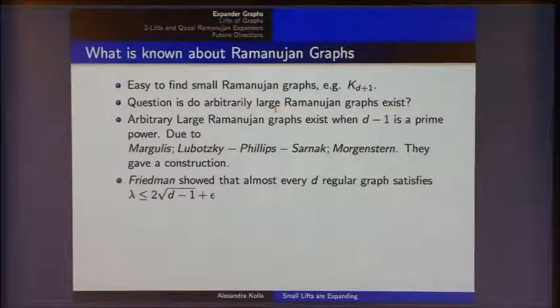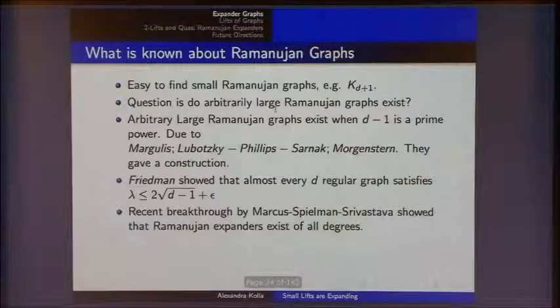Okay. However, there are some things that we do know. One is a celebrated result by Friedman that showed that random d-regular graphs are almost Ramanujan with very high probability. So, okay, it's really hard to find them, but if you really just sample randomly, boom, you just get a Ramanujan graph, almost, with some small epsilon, which is great, but still doesn't tell me how to find them. And then there is a recent break